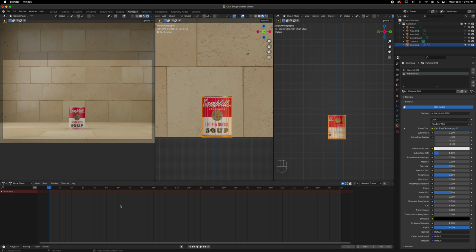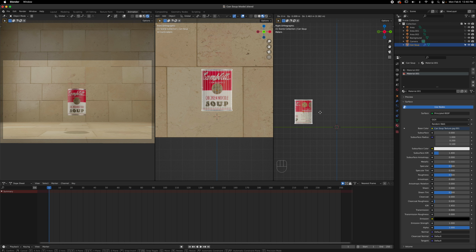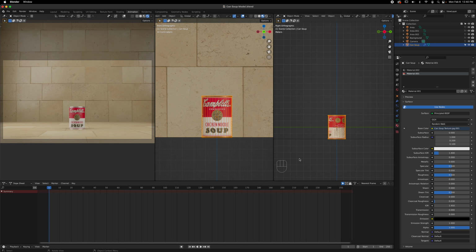So you're looking at the dope sheet. There's nothing in here. I'm going to make sure my object is selected. Okay, right there, it's selected. And to show you that it's selected, I'm going to press G here to move. Right click to cancel. Okay, so all right, we're also going to turn on our